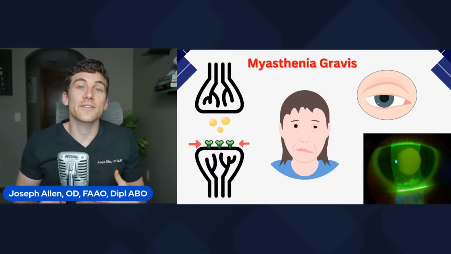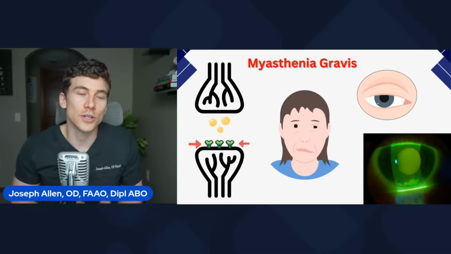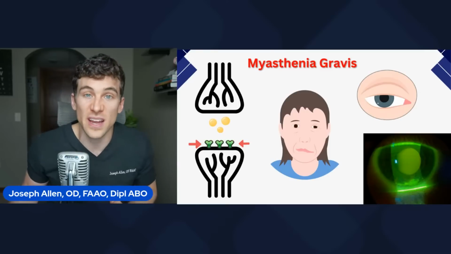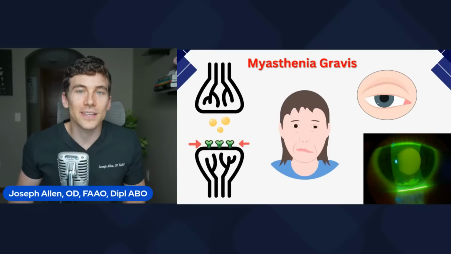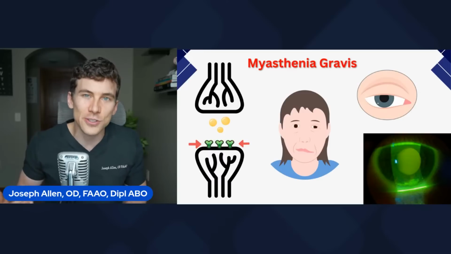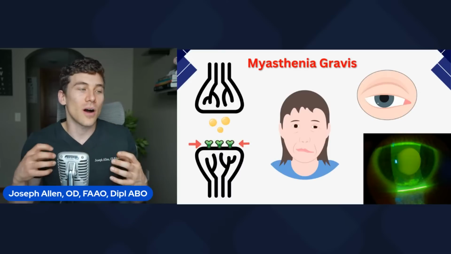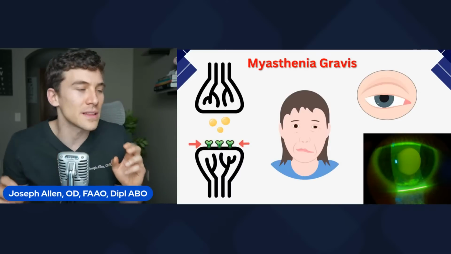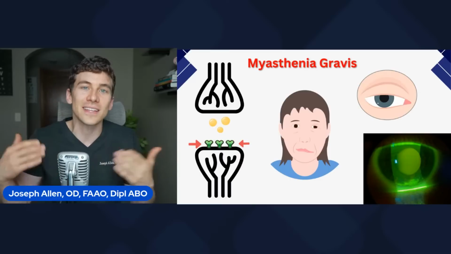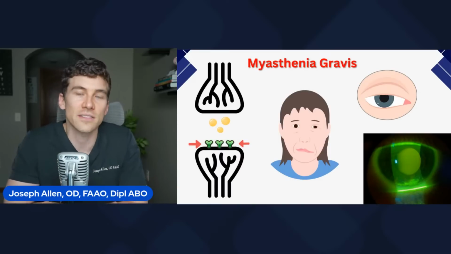So bad that for someone who has myasthenia gravis, a classic example that we learn in our education is if somebody's going up the stairs. They may get halfway up the stairs and then have to stop because you just don't have the energy to make the next few steps to keep going, because all of the signals in the synaptic cleft are not signaling to your muscles to move. And so you feel really drained and fatigued.